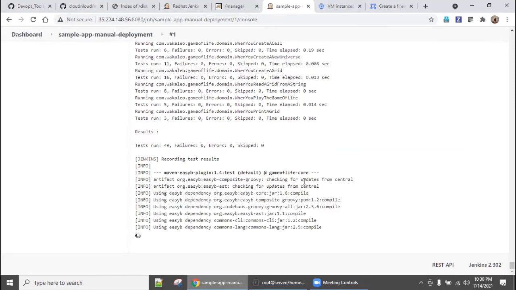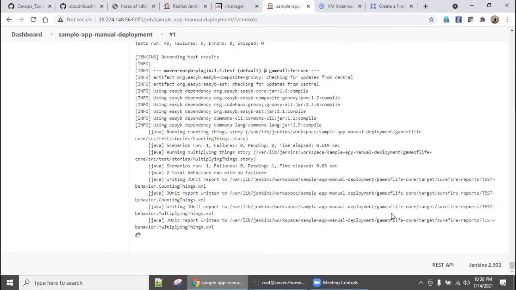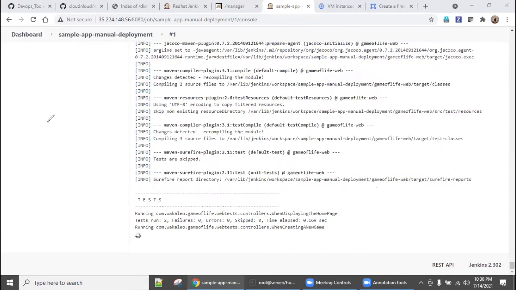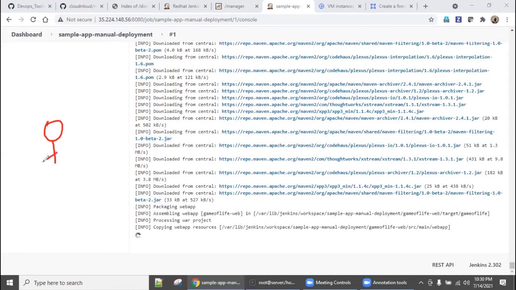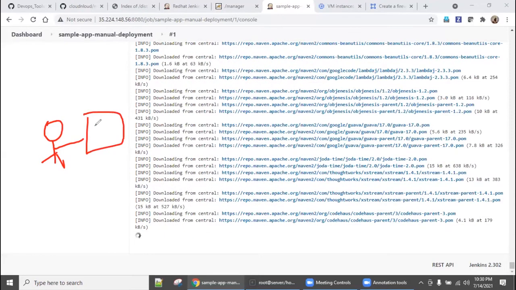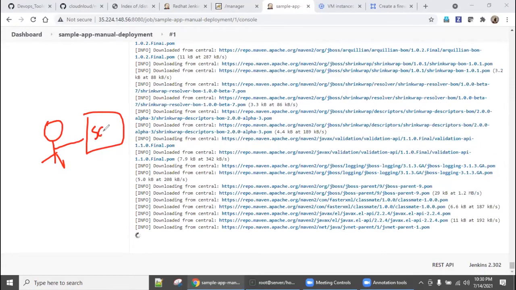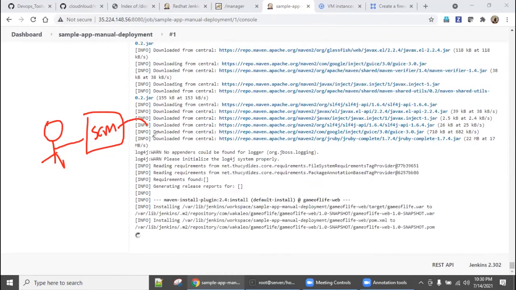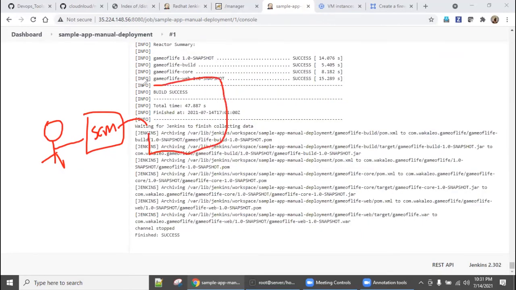Wait for some time. So basically what is happening now, what is this pipeline? The developer is sitting here, created Java code and checked it into GitHub. This is my SCM, Maven underscore demo. This SCM I have configured in the CI tool.